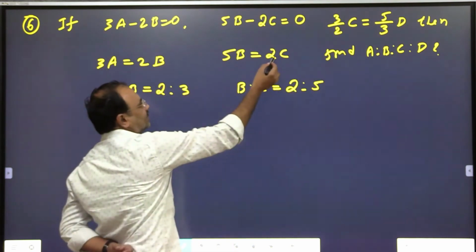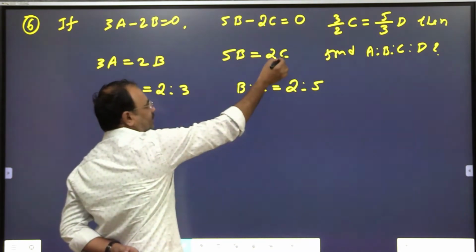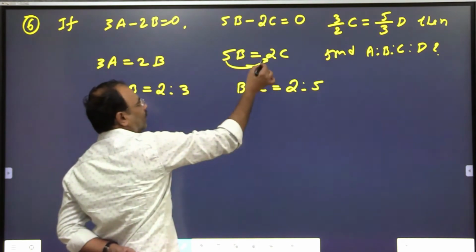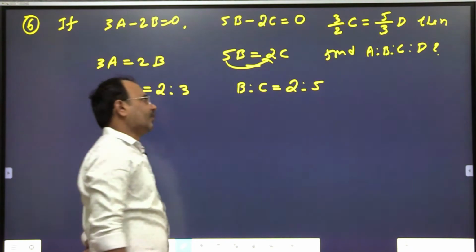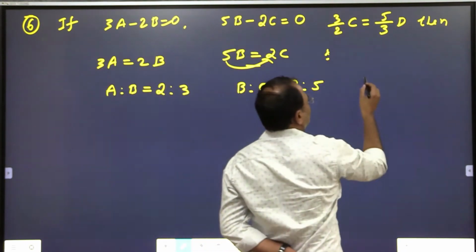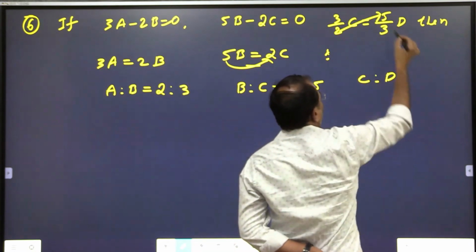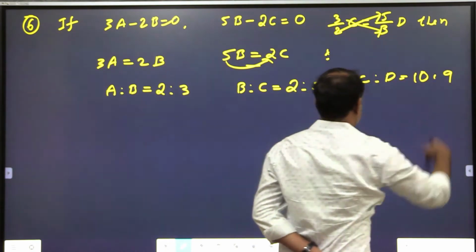First question discuss చేసాం. 2 becomes 5 by 2, 5 becomes 2 by 5. This C becomes B by C అంటే B is to C రాస్తాం. ఈ 5 అటు పోతే బైలోకి వచ్చేస్తుంది 2 by 5 అని 2 is to 5 రాస్తాం. అండ్ నెక్స్ట్ వన్, దెన్ ఫైనల్లీ సేమ్ ఇంతకుముందు చేసినాం, ఇది C is to D. దెన్ వాట్ ఇస్ C is to D? న్యూమరేటర్ ఫస్ట్ తీసుకోవాలి, 2 5s 10, 3 3s 9, 10 is to 9.